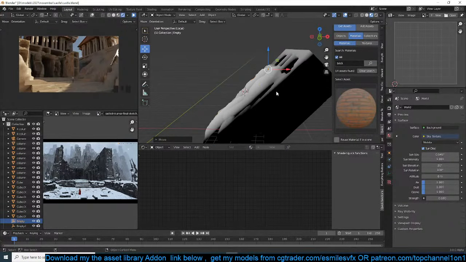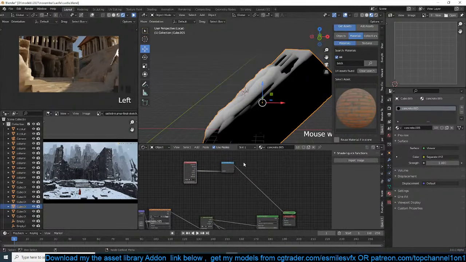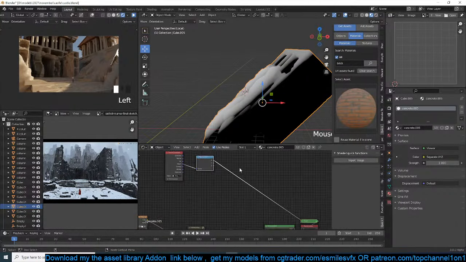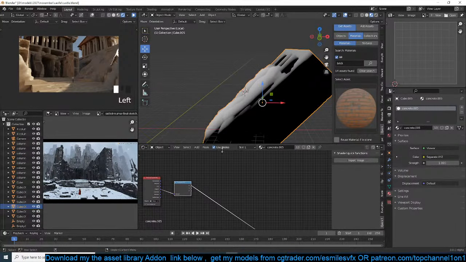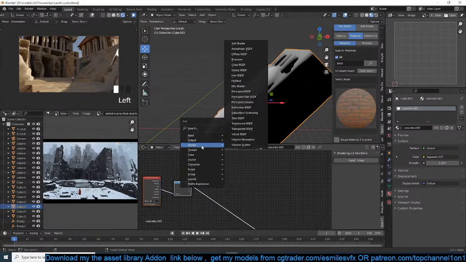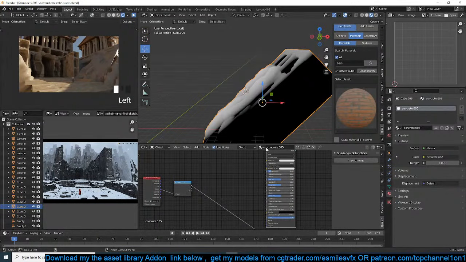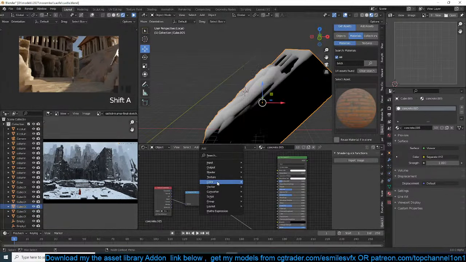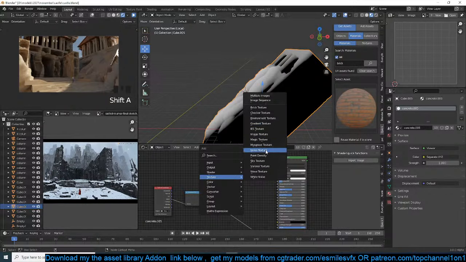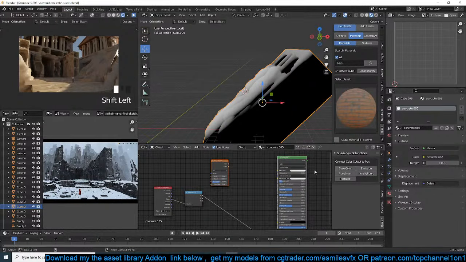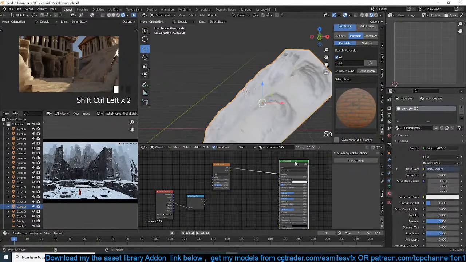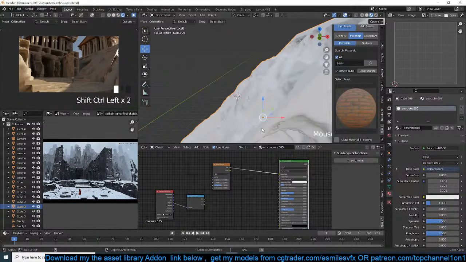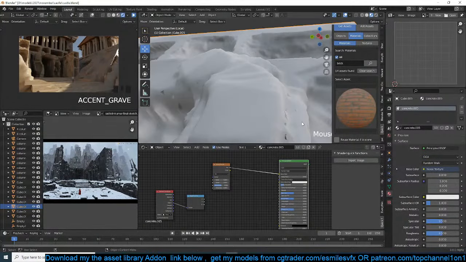Something like that. So now we just need a snow shader. So a snow shader, we could just use a principled shader, and we'll also bring in a noise texture, and I can just connect this to the base color like that. And if we preview this, there shouldn't be that much going on,